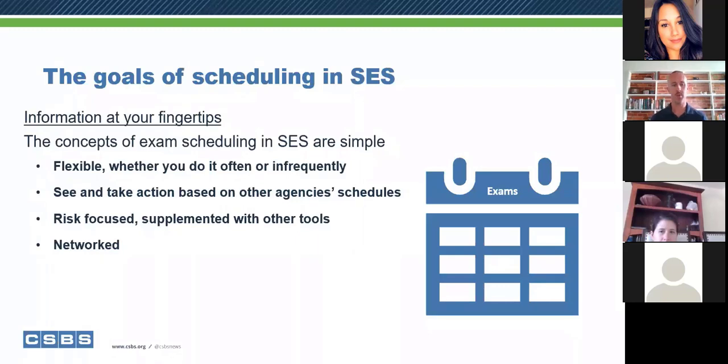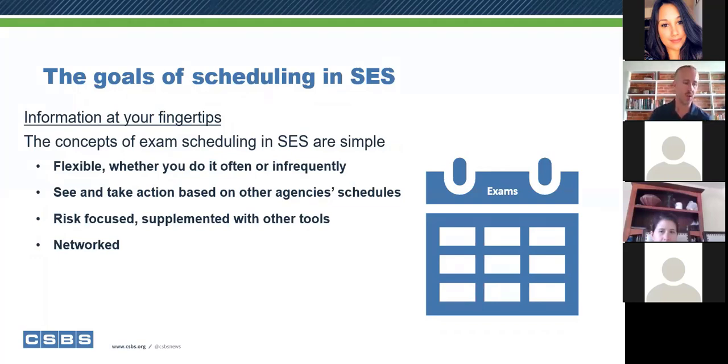The other requirement was that everybody agreed that knowing what other agencies were up to would be very helpful information as they were building out their schedules. They said, look, if you could find a way to present some information about what other agencies are doing with these companies, we would use that information in our own scheduling decisions. So we took that as a requirement.